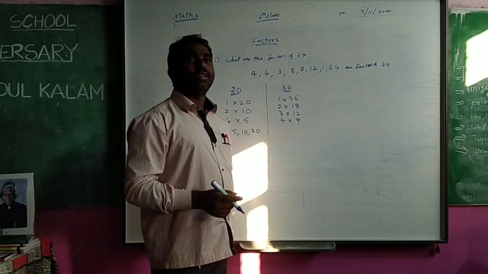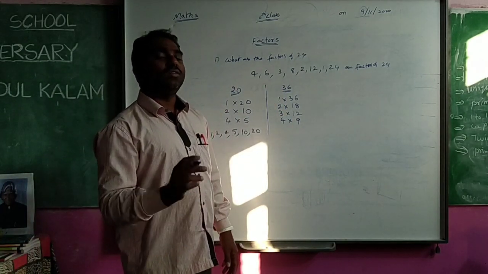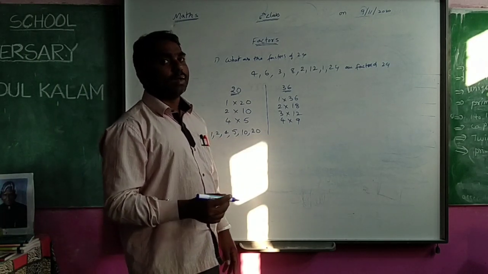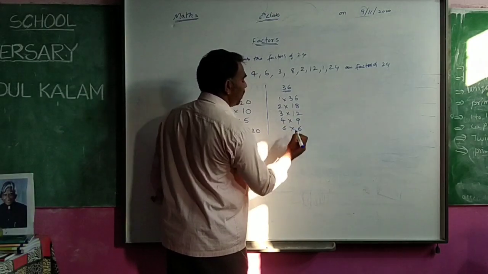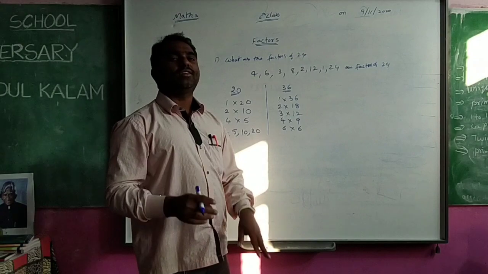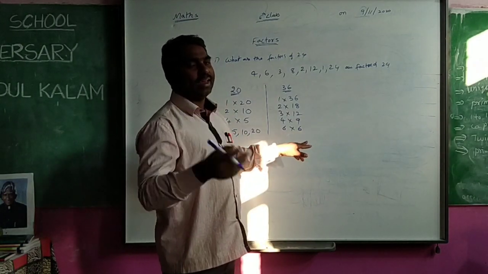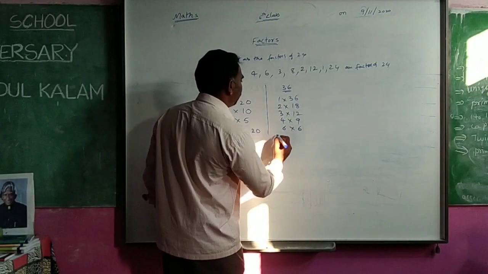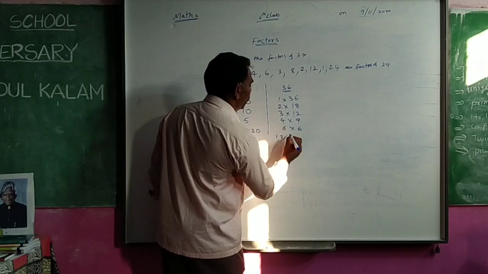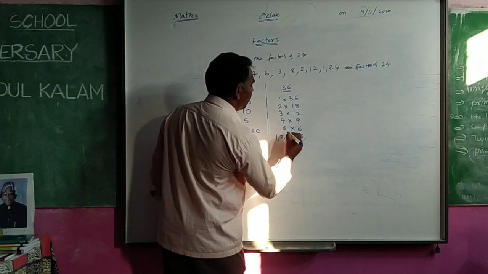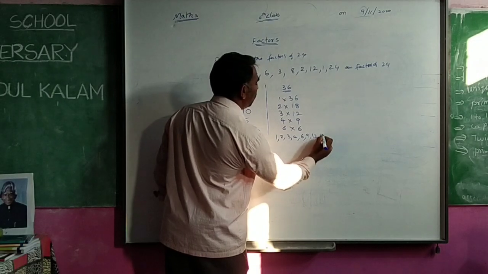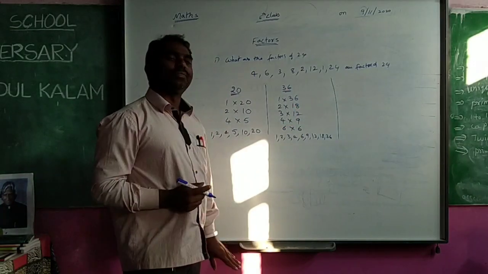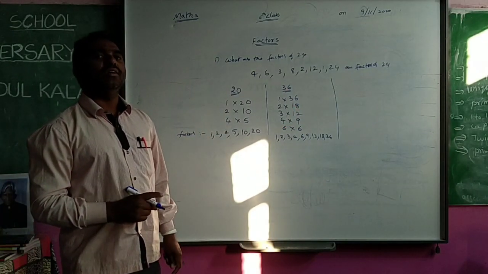In the 5 table, 36 has no chance, so you leave it. After 5, the 6 table. Yes, in the 6 table it will come. 6 6s are 36. But 6 you have already got two times now. You can stop. No need to go for 7, 8, 9 like that. So you stop there. Now you write the numbers. What are the factors here? 1, 2, 3, 4, 6 and 9, 12, 18 and 36. These are the factors you got here. This is a way of finding the factors.